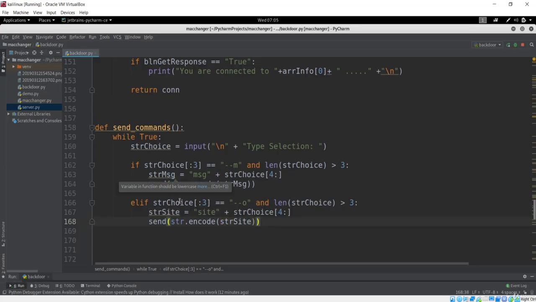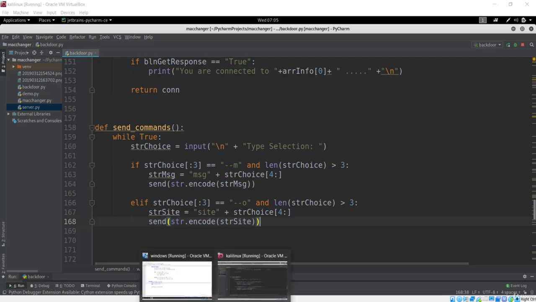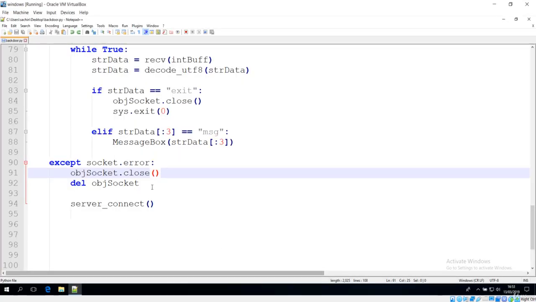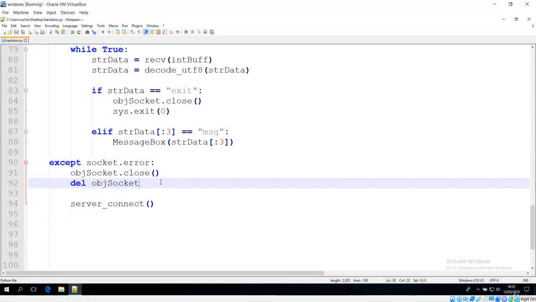On the server, we have sent this site command to the client. Now let's go to the client and make our command to execute. First of all, check if that is the site or not.